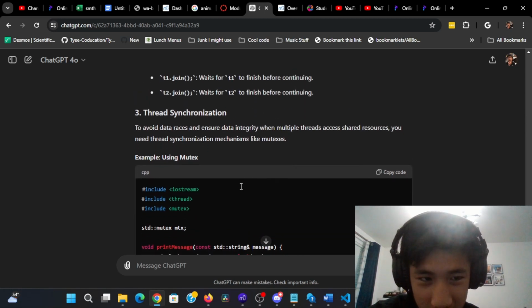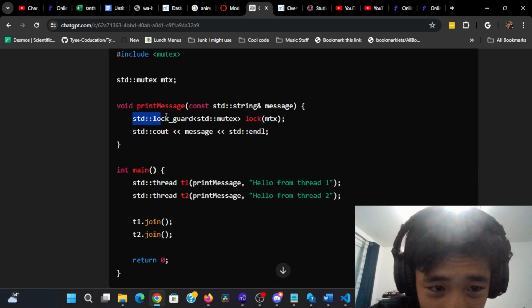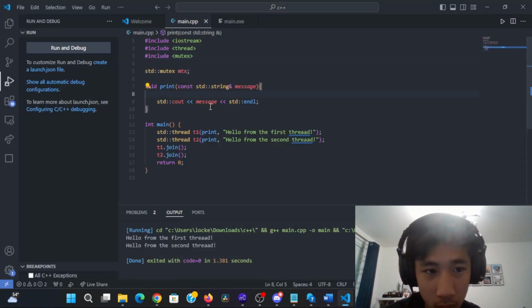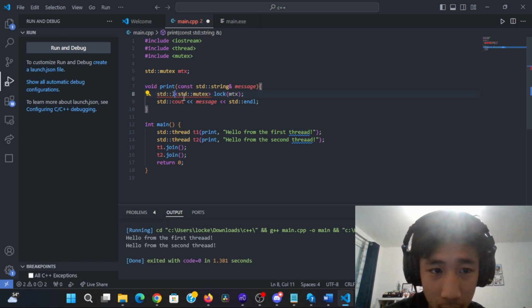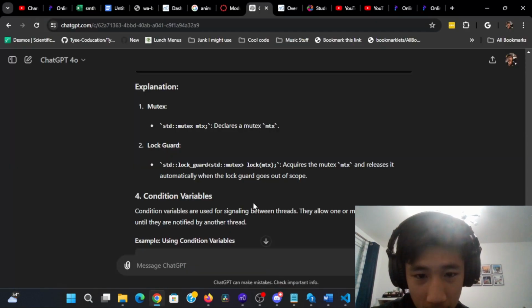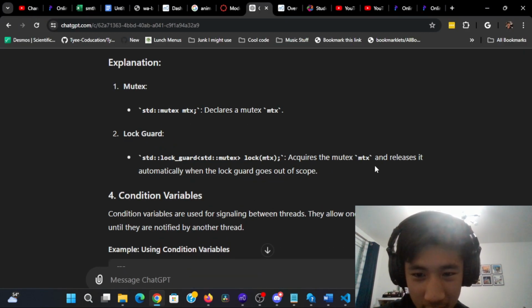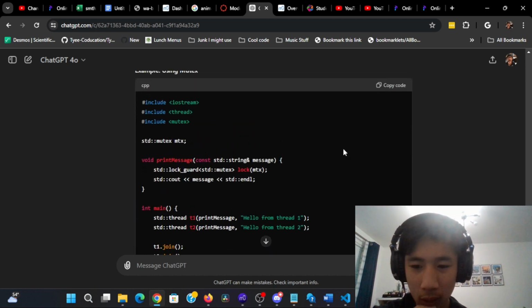Okay, and now the next part, already a step. So create a mutex, and then a lock guard, and lock a mutex, whatever that does. No, I totally screwed that up. Lock guard, okay. And it looks like it is working. And apparently what this locking does, it acquires a mutex and releases automatically when the lock guard goes out of scope. It'd be helpful to know what a lock guard is to understand why I'm using it and releasing it out of scope, but I'll probably go in depth